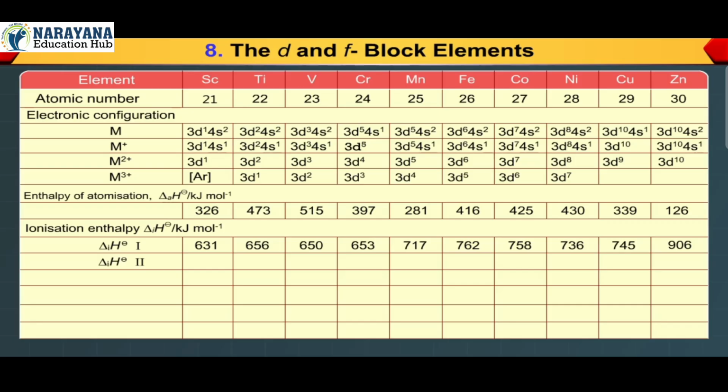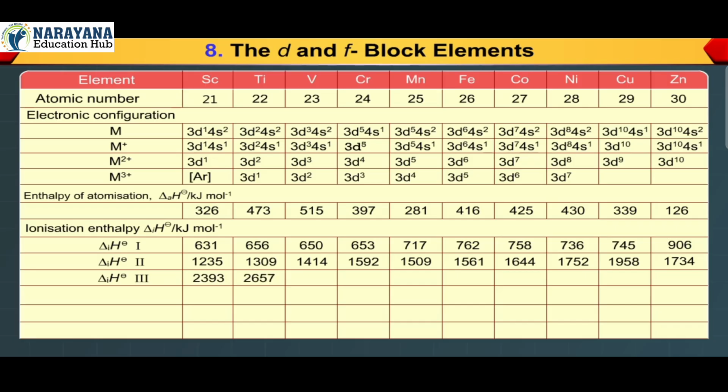Delta IH standard 2: 1235, 1309, 1414, 1592, 1509, 1561, 1644, 1752, 1958, 1734. Delta IH standard 3: